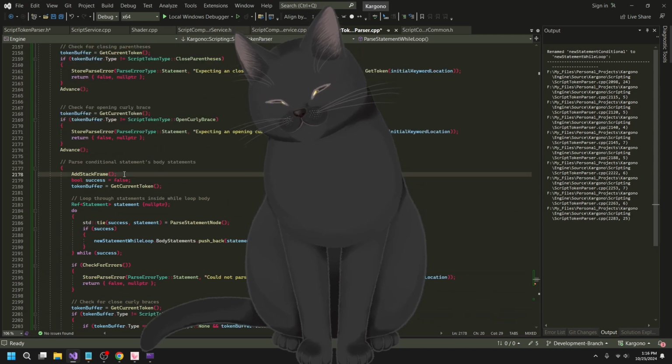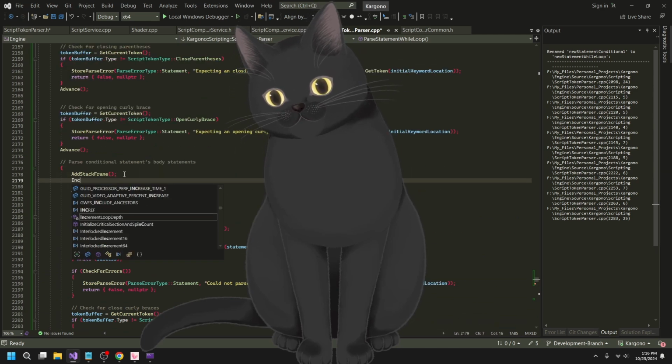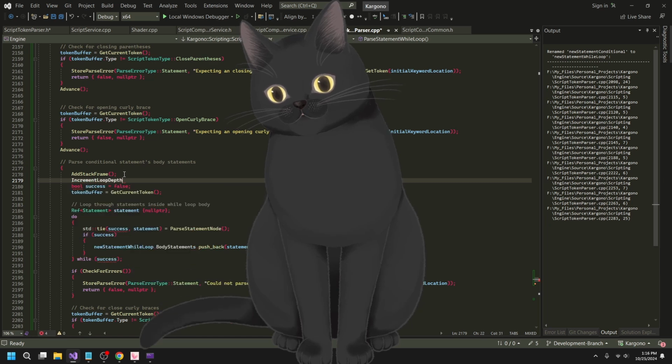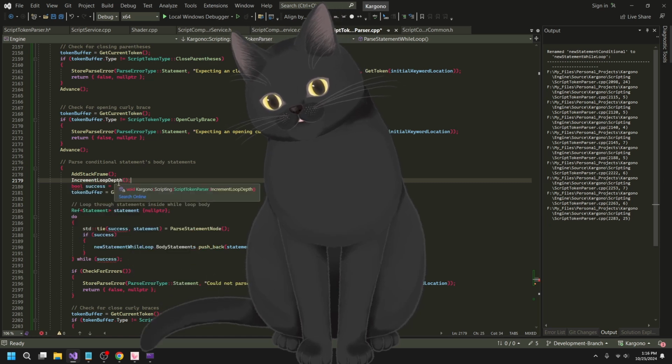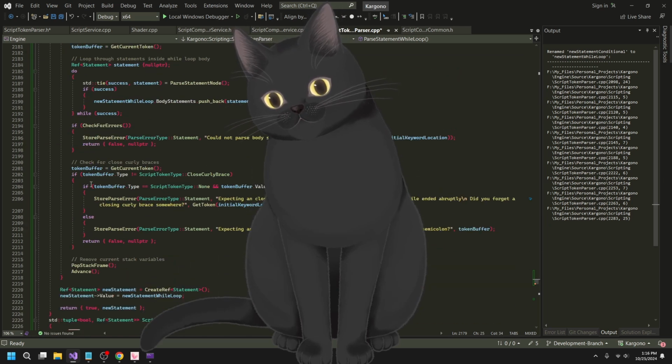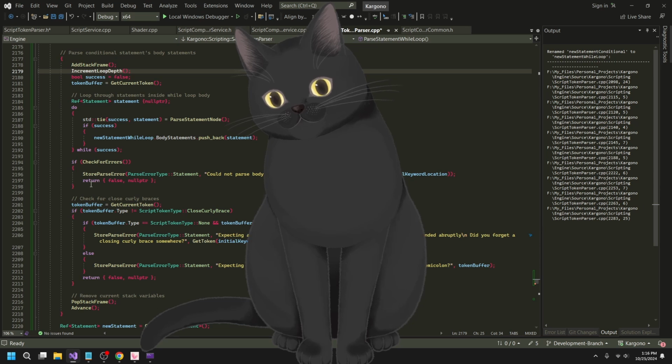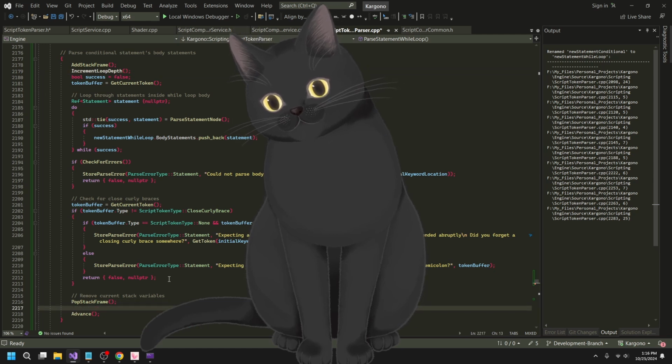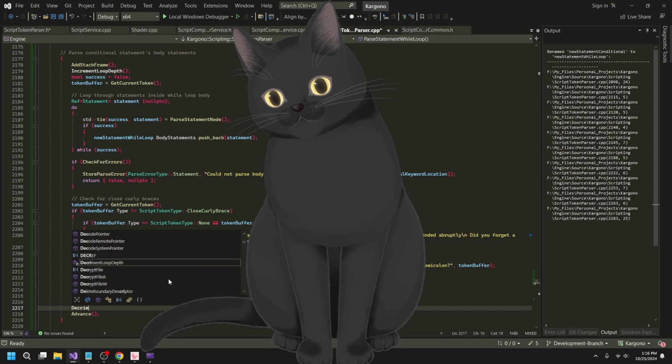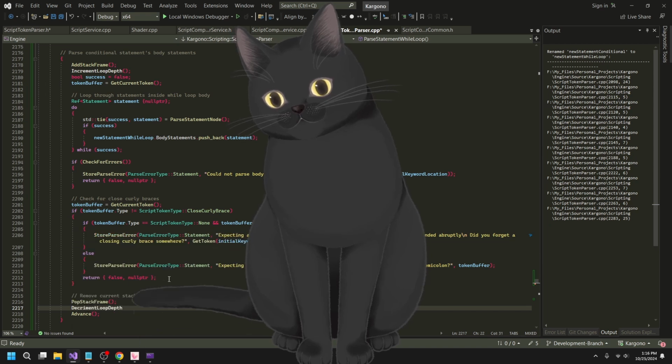So actually, yeah, this is as easy as increment loop depth. And then this here will be as easy as decrement loop depth.